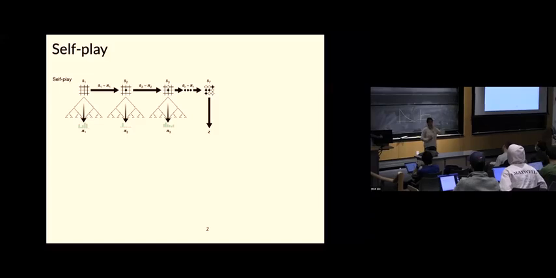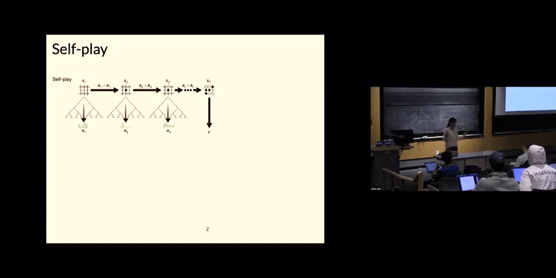You initialize your value and policy networks. These are just the weights of your neural network. And then you self-play, which means that you play against yourself. You use your own policies and value functions in Monte Carlo tree search to select actions both for yourself and for the opponent. So you wake up at the beginning of Go, let's say, where everything starts from the same configuration, and the same with chess, I think. Let's say this is S1 here.